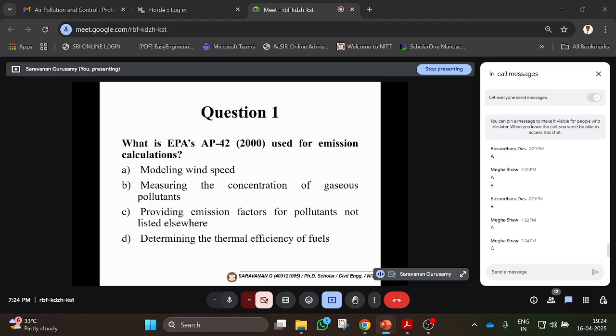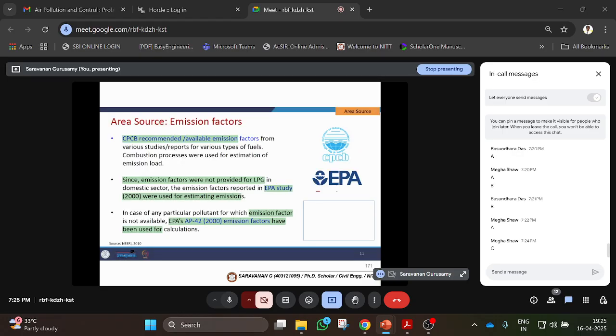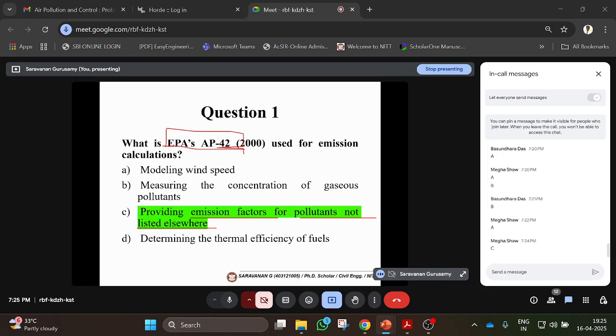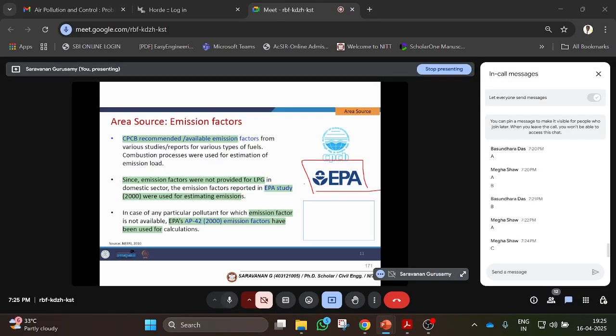It's measuring the concentration of the gaseous pollutant, providing emission factor for the pollutant not listed elsewhere, and determining the thermal efficiency of the fuel. EPA is used to measure emission factor for pollutant not listed elsewhere. That's why EPA is what we say like a catalog, a list of pollutants having the emission factor that is used to find the health risk and all. The EPA was given by the Environmental Protection Agency, AP 42 2000, and adopted by